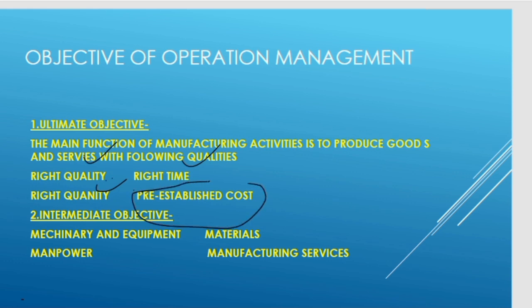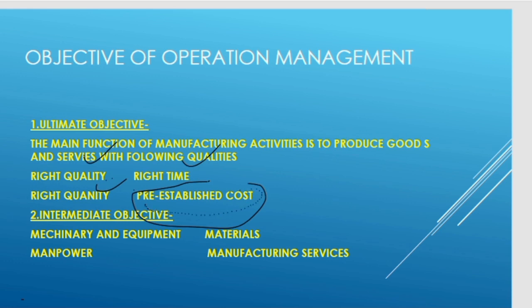In NPD, new product development, which you learned about in your marketing chapter, before producing any product we analyze how much cost should be incurred in our product and how much the price is to be in the market. All factors are set before you produce any product. That's why your production should be matched with your